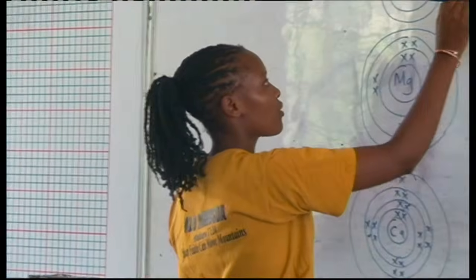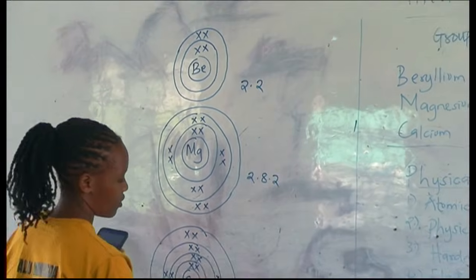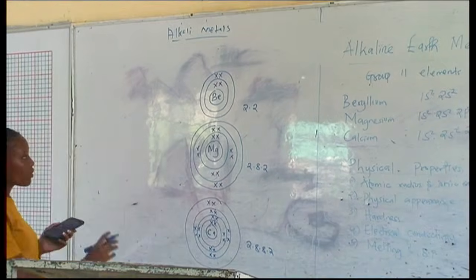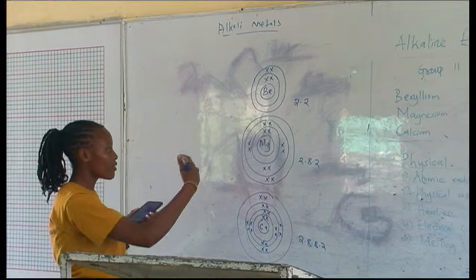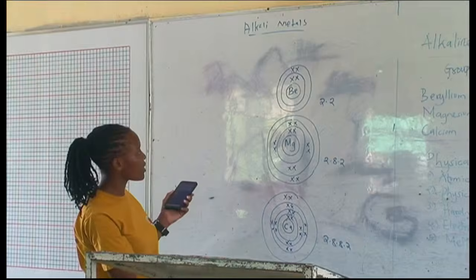You look at the normal configuration, and look at the atomic sizes of the following elements, even just by the physical appearance, you will realize that